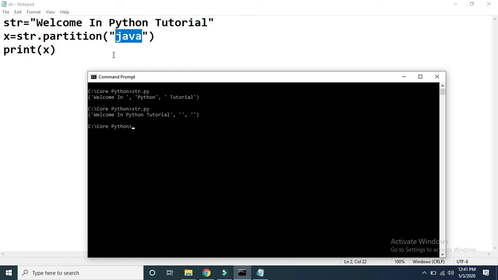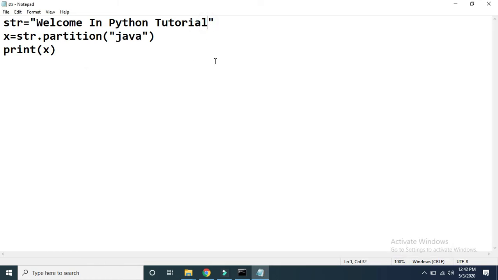If you are passing a keyword which is not present in str, then also partition will divide this string into three parts, where the first part will be the complete string, because the matching keyword is not found. So in the first part it will store the complete string, and the second and third parts, see here, will be empty. Okay, so I hope you are getting this point.